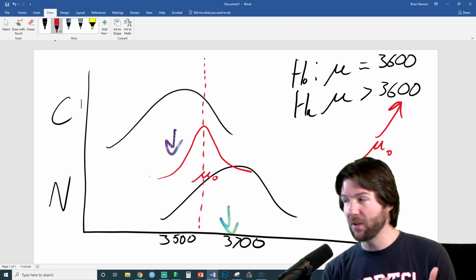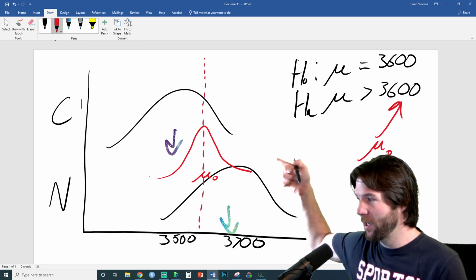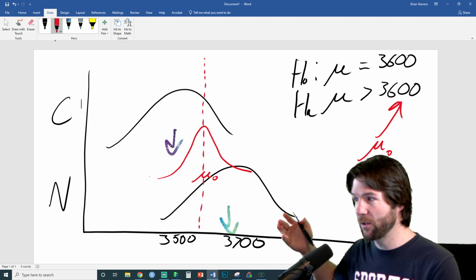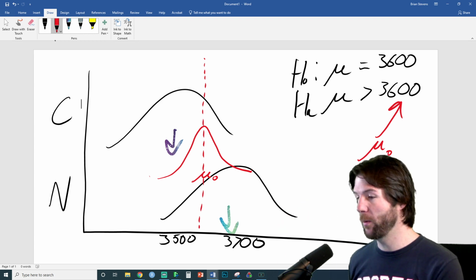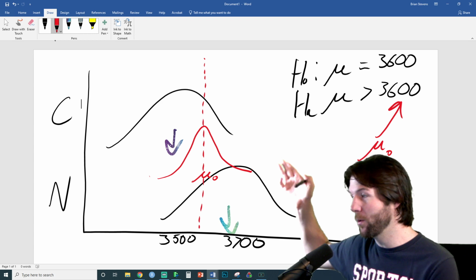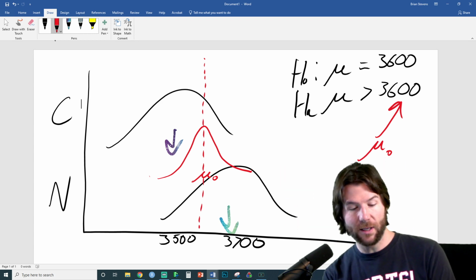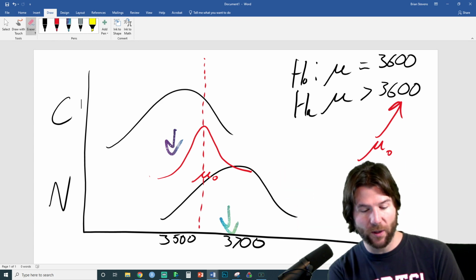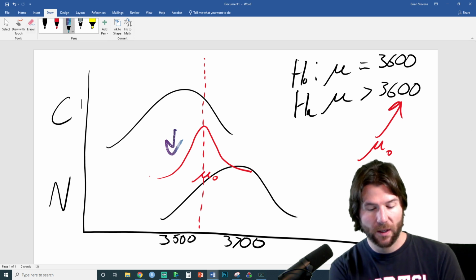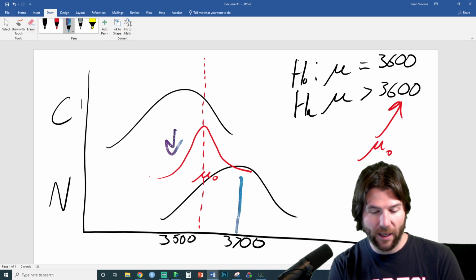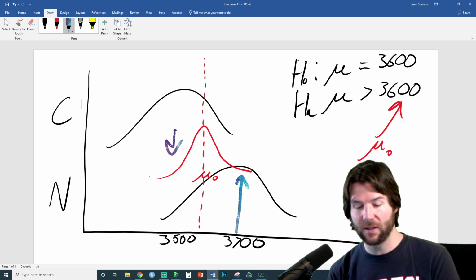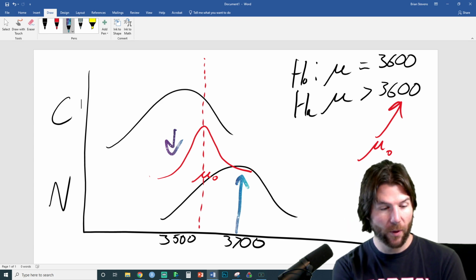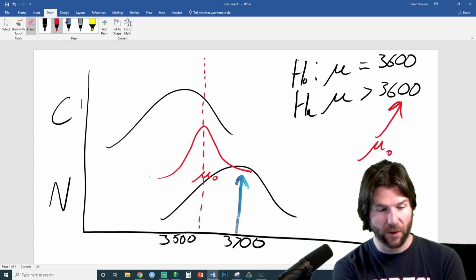So that's why we put the center of the distribution. This red distribution right here, I put the center of it at 3600. It's the null distribution. It's what we would expect given the null is true. If the null is true, I would expect this. So let's look at our results right here. We're going to change one of these arrows and put the arrow going upwards. So this arrow where we landed at the new machines is about right there. And the arrow where we landed on the current machines is over here.